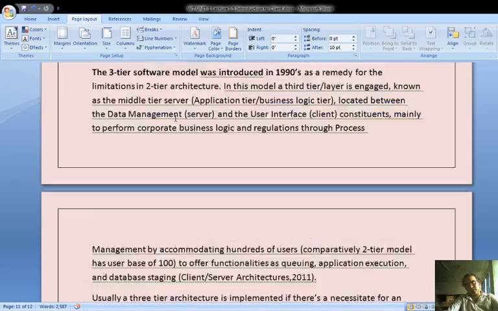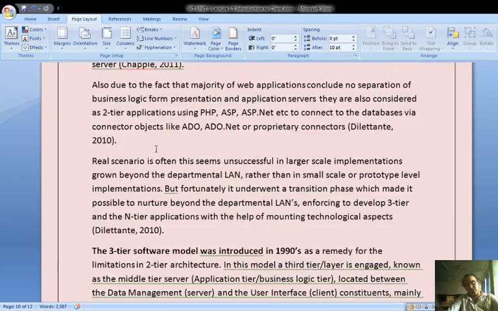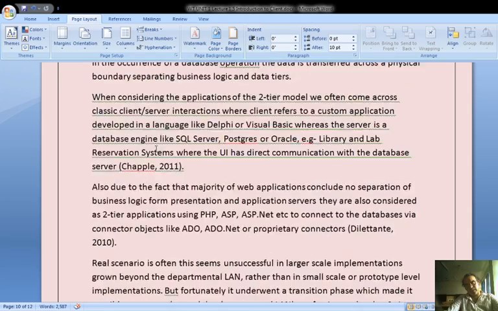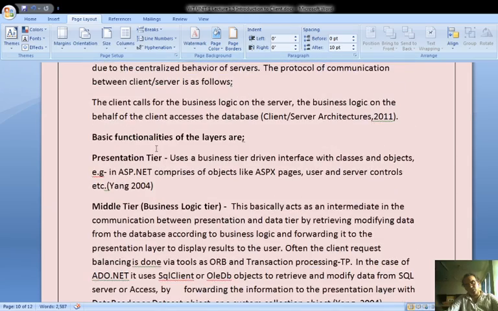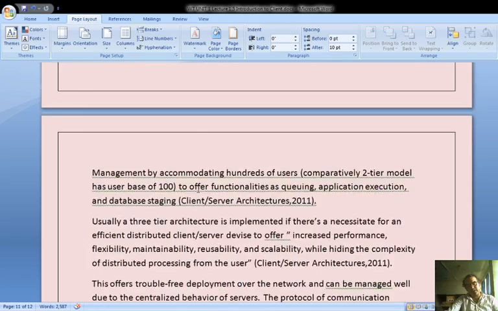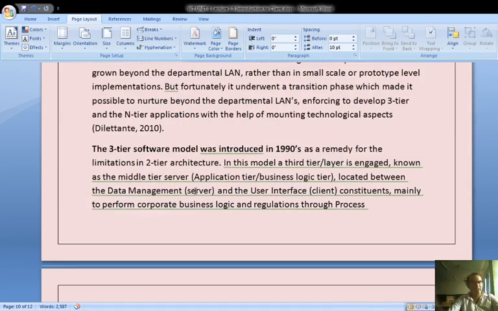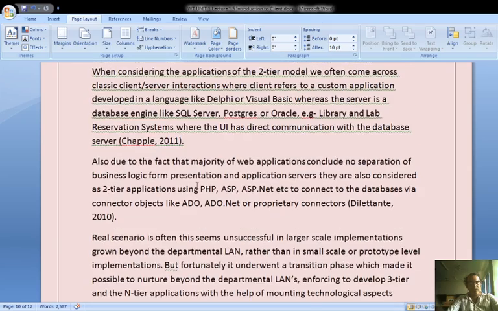And the basic functionality of this layer was to communicate between the presentation layer and the third layer, that is the data layer. Let's have an introduction of it. We have our client-server architecture.